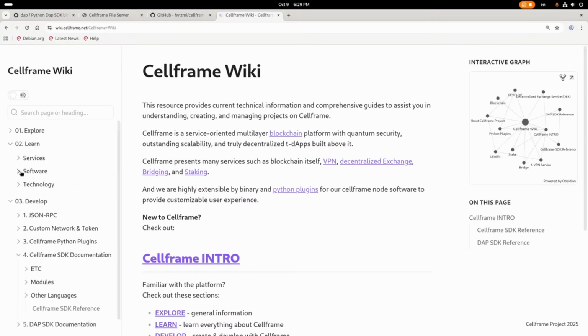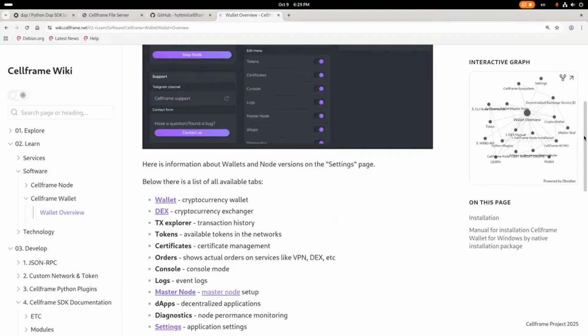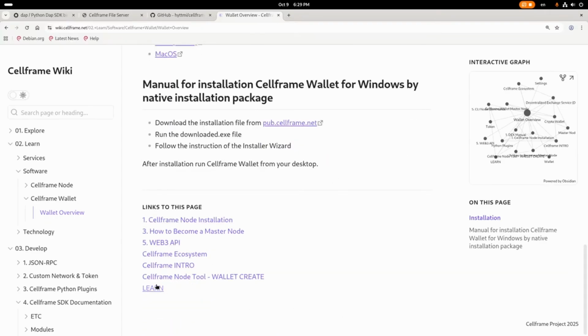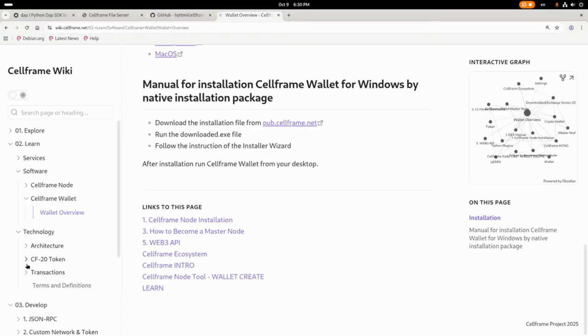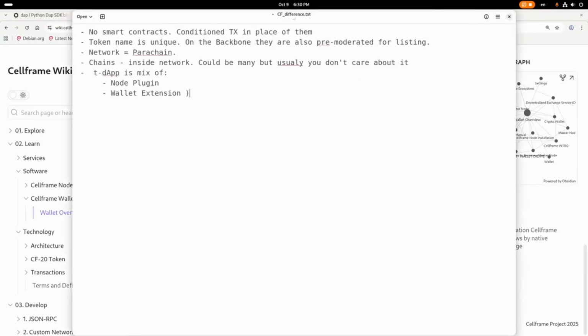Somewhere there was a software wallet. Also, I'm not sure that there is an extension. There is no extension description. Just it's present, so it's possible. Wallet has an extension, just not documented. So wallet extension, optional. Also optional. Everything is optional. With node plugin, if you have it,